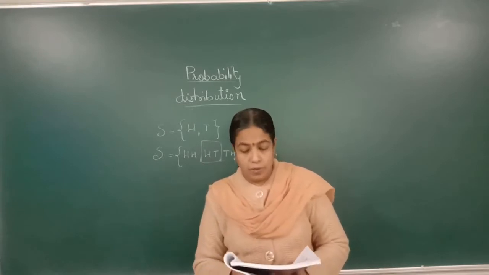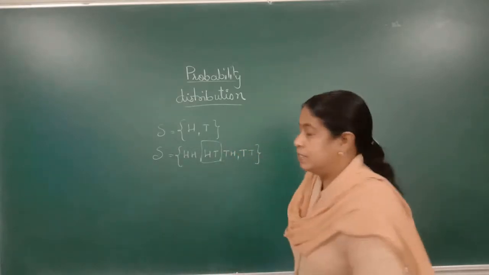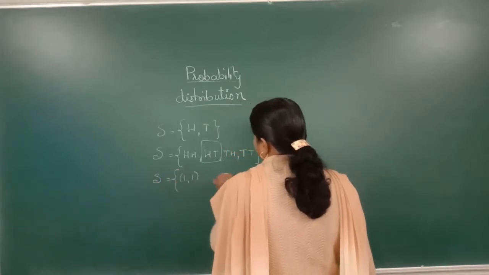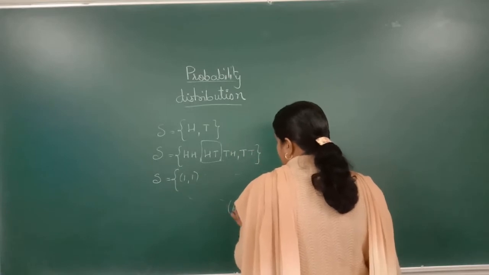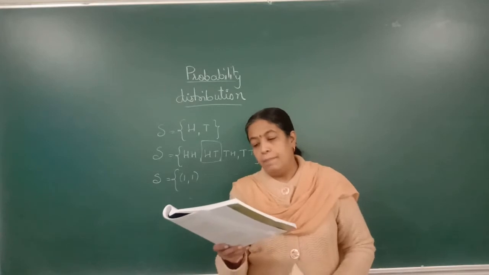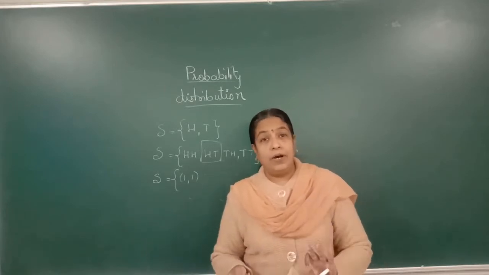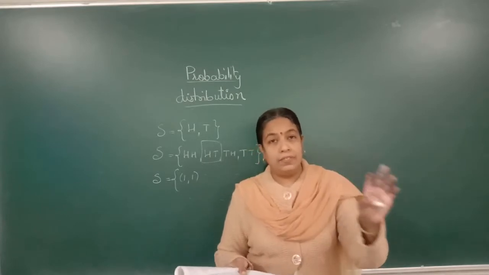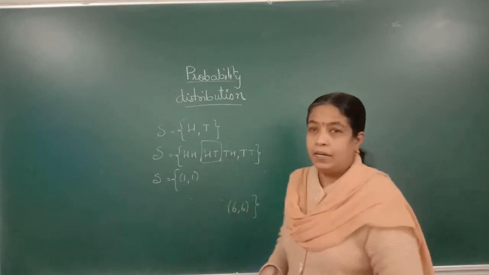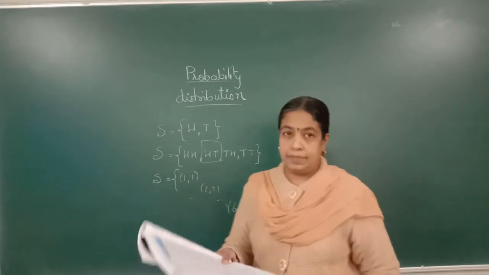Now, when we throw 2 dice, there are 36 possible outcomes, as we have seen in the previous chapters. What are the possible outcomes when 2 dice are thrown? 1,1; 1,2; 1,3; up to 6,6. These are the possible outcomes. But if you are interested in only those in which we are getting the same number on both dice, only that we will select, and that will be 1,1; 2,2; 3,3; up to 6,6.